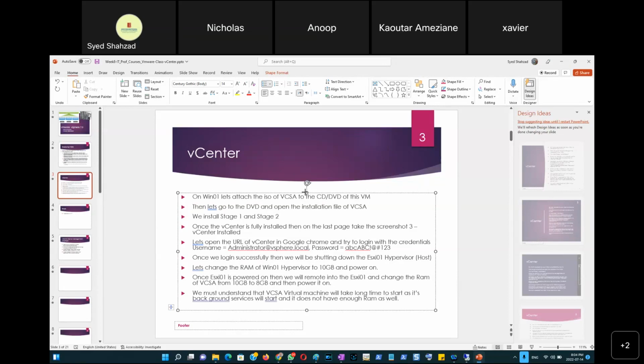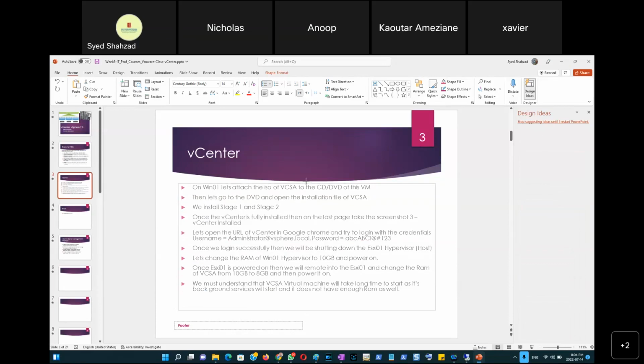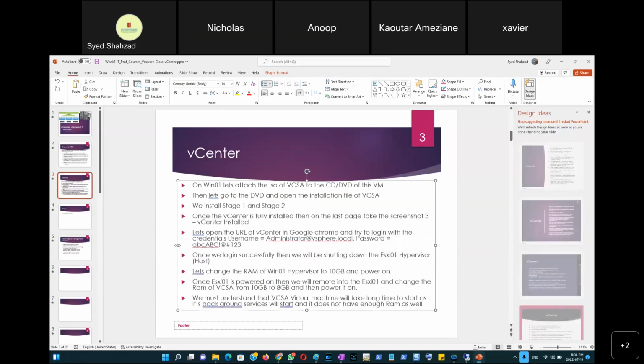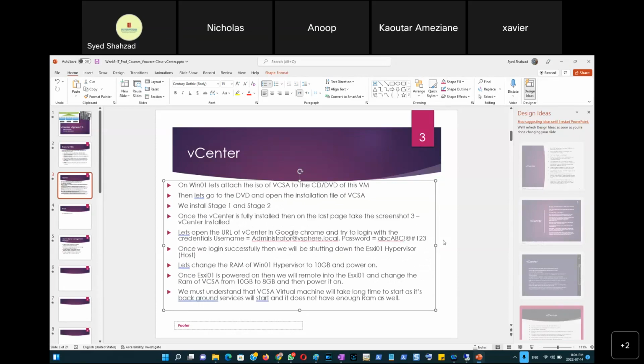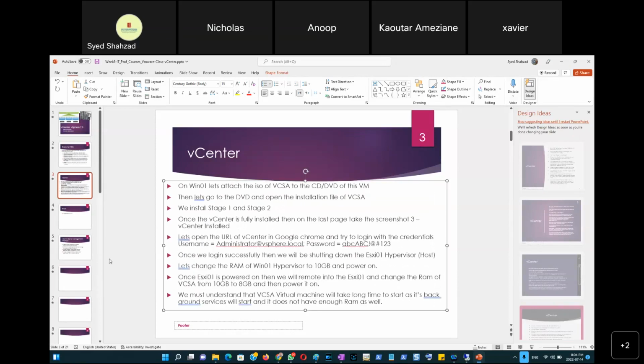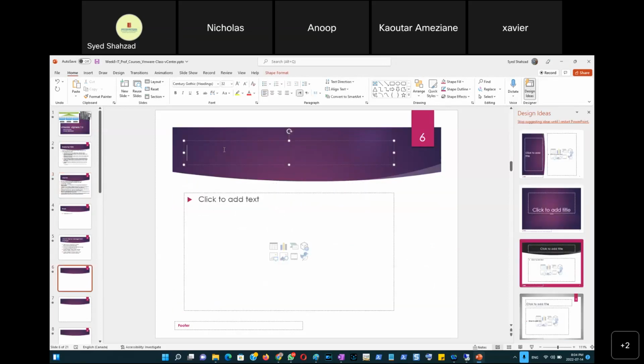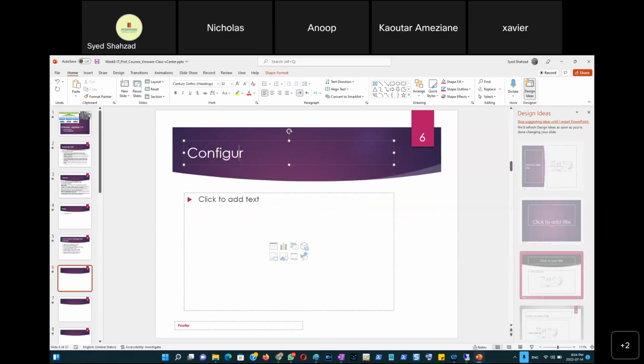So that's the next immediate steps. And once we have configuration of vCenter, once that is all done, if we all reach that,